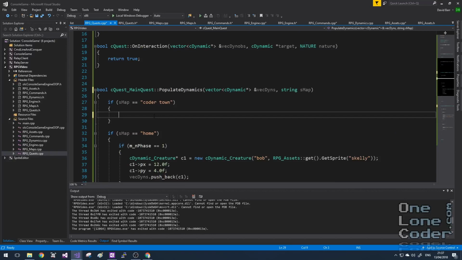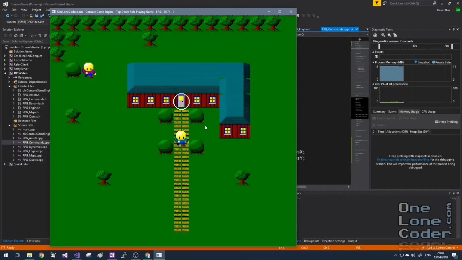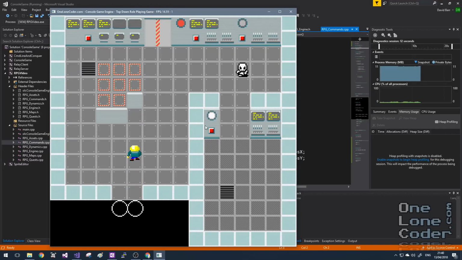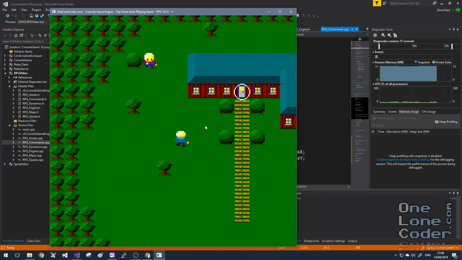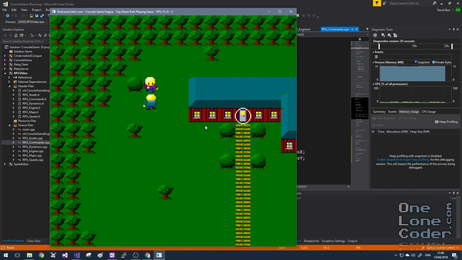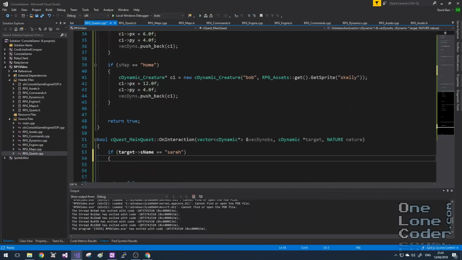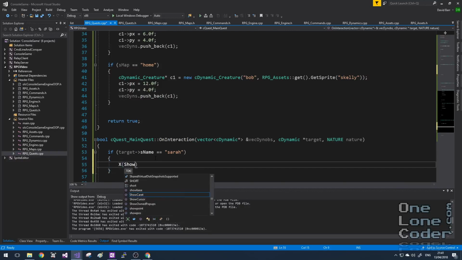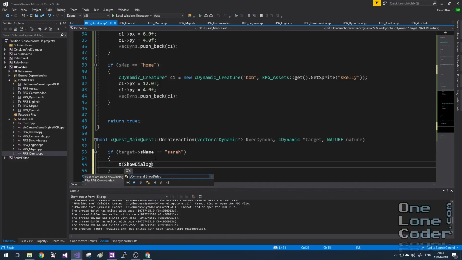Let's add a character to our main quest. So the main quest is now placing the character Sarah here in purple in village map, and it places Skelly, or Bob, in the home map. I don't have any interactions defined yet with Sarah. But in the main quest on interaction function, I am going to add a Sarah response, and it's going to be show the dialogue, and I'm going to start putting the characters' names in so it's a little bit clearer what's going on. I will do that by saying Sarah as the first line. You have no additional